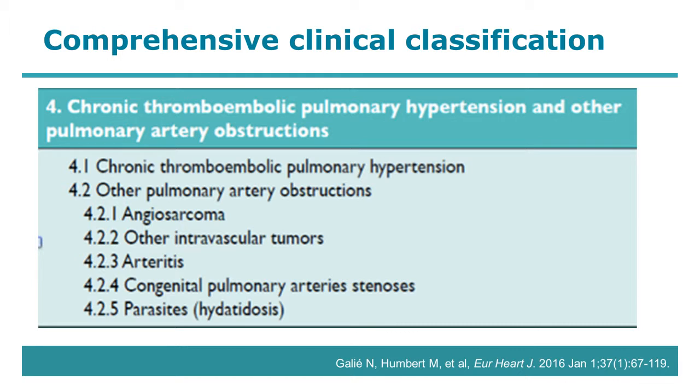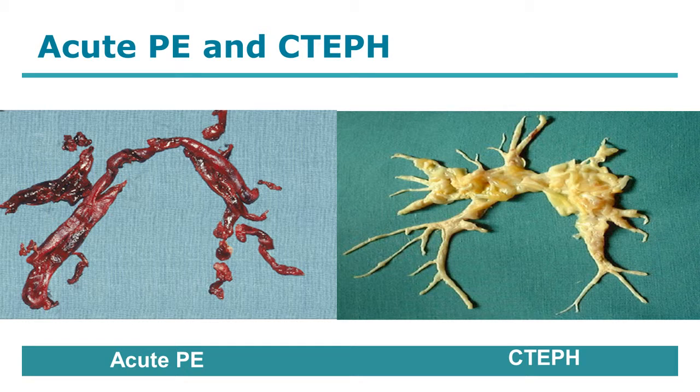So the clinical classification places CTEPH in group 4, and as you see here, among all the other conditions that cause pulmonary artery obstructions, CTEPH is the leading condition here. Recent discussions and publications have been circling on the thromboembolic origin of CTEPH, which you see here, a thrombectomy specimen and an endarterectomy specimen of patients with acute PE versus the chronic condition with very different histological and macroscopic